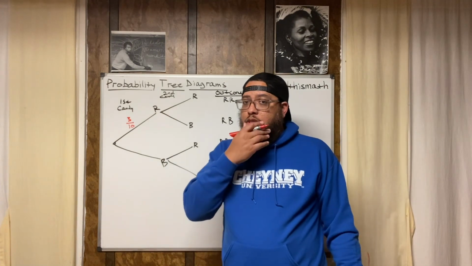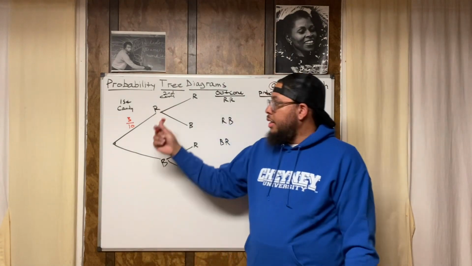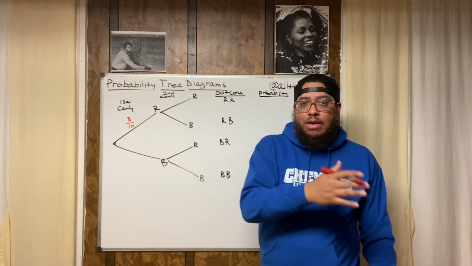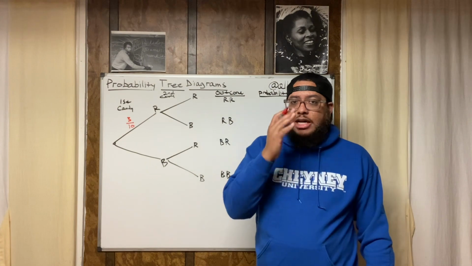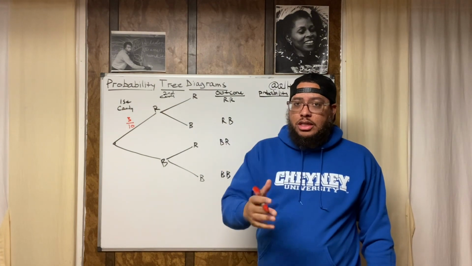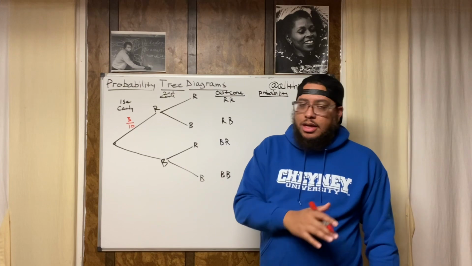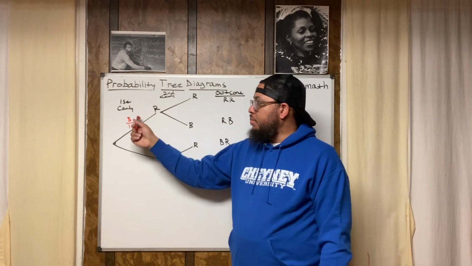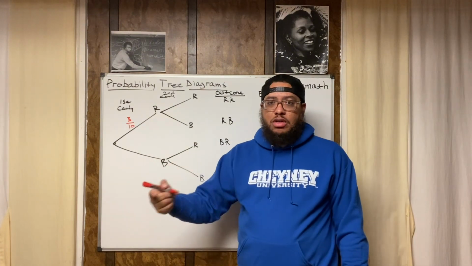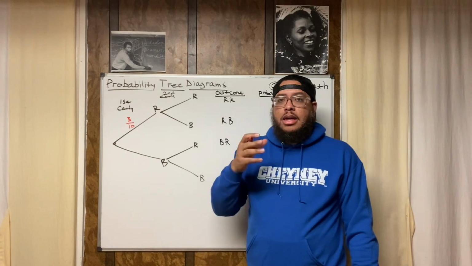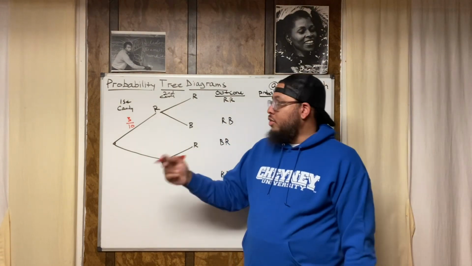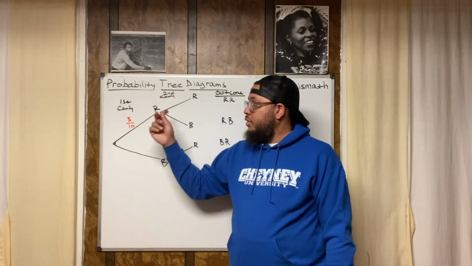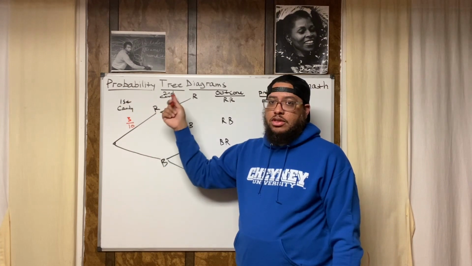So if you say, what's the probability of her pulling out another red candy? Now your denominator is going to be 9 because there's only 9 pieces of candy left. That's if she did not replace it. So that's why I said earlier, pay careful attention to whether there's replacement or no replacement. Because if there's no replacement, then your denominator is going to be a 9. Also, if at first there were 3 pieces of red candy and she took one out and didn't put it back, now it's only 2 pieces of red candy left. So your probability would be 2 ninths. So you see how it would go from 3/10 to 2/9.